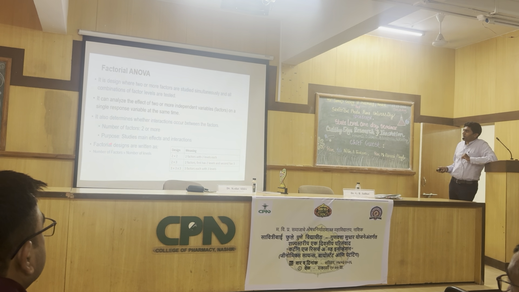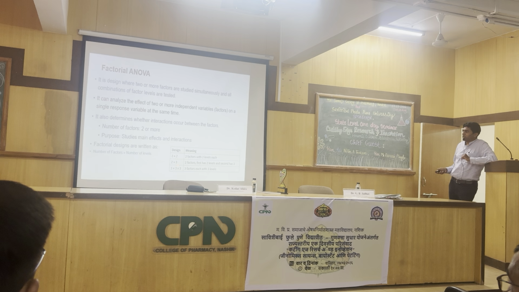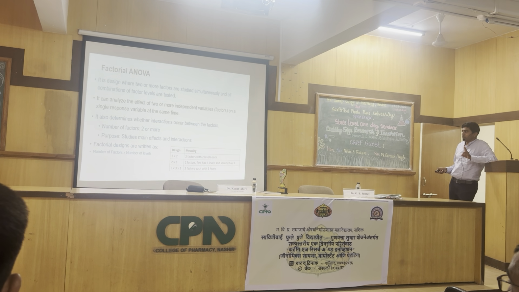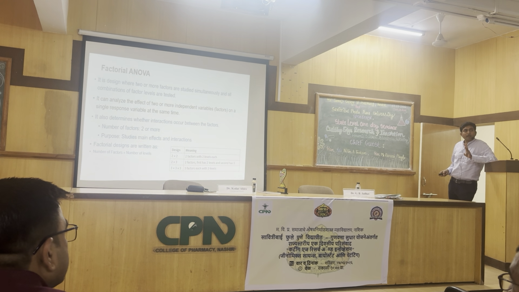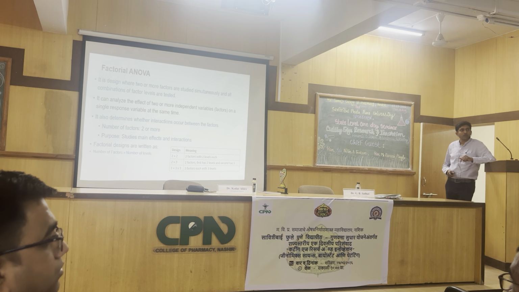So factorial designs can be written like this: 2x2 design, that is 2 factors with 2 levels. 2x3 design, that is 2 factors, where the first has 2 levels, whereas the second factor has 3 levels. Or 3x3x3, that means there are 3 factors and each factor has 3 levels. Okay, so it becomes a factorial design. Okay, so it can be like this: